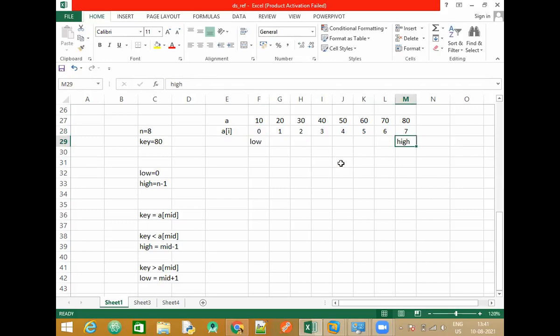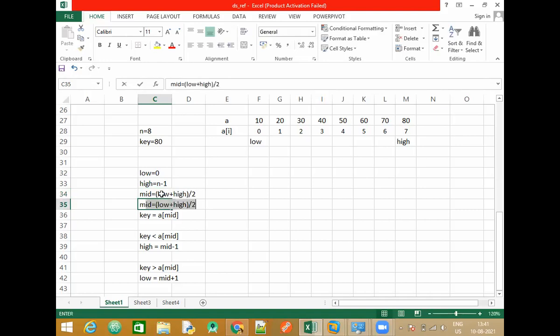Now, another important term that we come across here is called mid, M-I-D. That is the mid of the array. So how do you calculate the value of mid here? You have a formula for this, which is low plus high, the whole divided by 2.